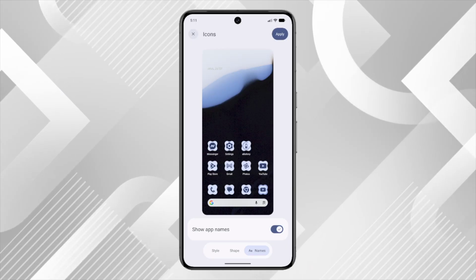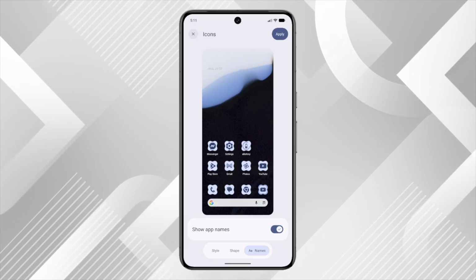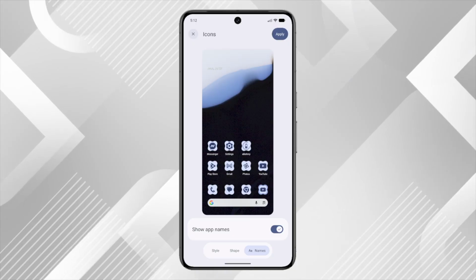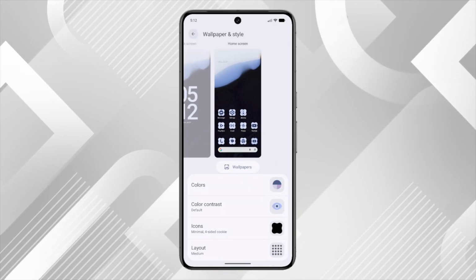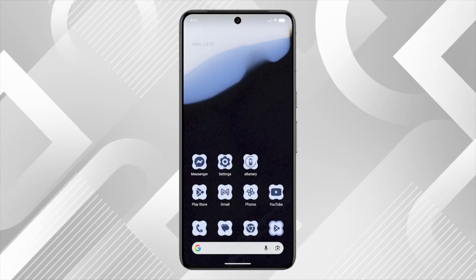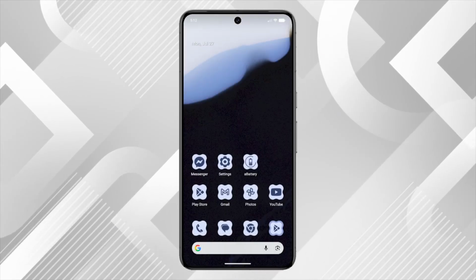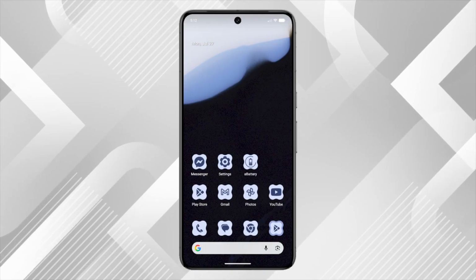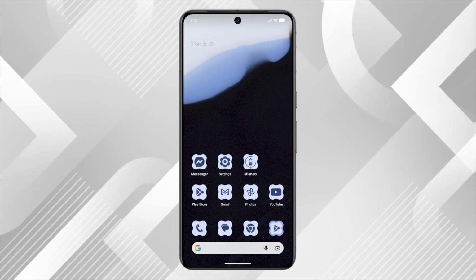Once you're happy with all your selections, look to the upper right corner of the screen and tap Apply. This will save all your customization choices and implement them across your home screen immediately. And that's it. You've successfully customized your icons on your Google Pixel 8 Pro, giving your device a personalized touch that